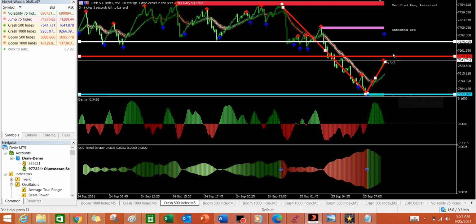Remember, this is a 5 minute time frame. A single spike on a 5 minute time frame cannot claim the whole of the profit between this region and this region and even put you in negative. It is impossible. It will have to come like 2 to 3 times or 4 times before it will get to this level, and before it gets there, this will have taken you out of the market.